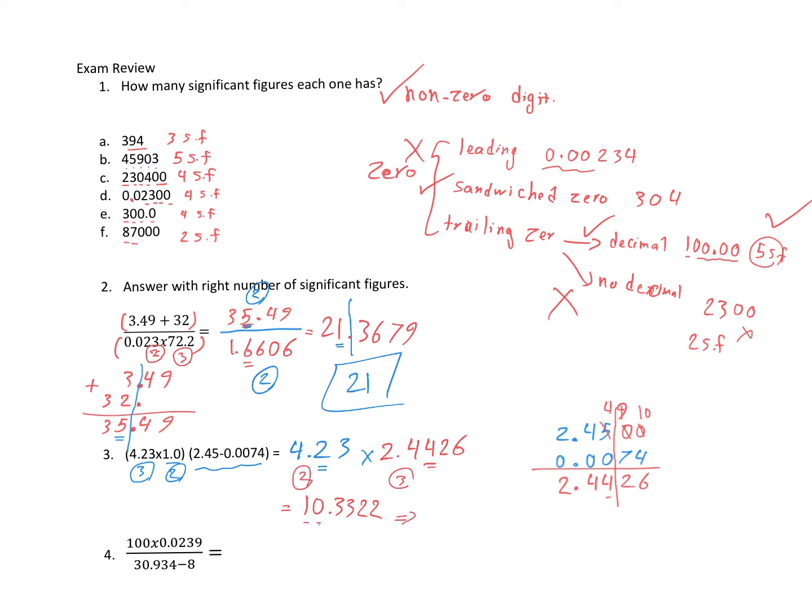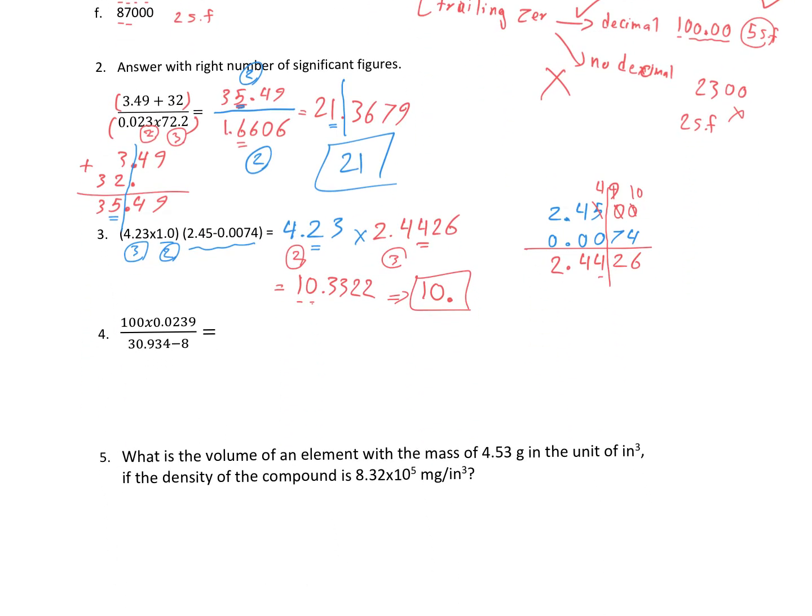So you have to be careful. If you write 10, how many sig figs do you have? You have only 1, right? Because it's a trailing 0 without a decimal place. So you have to put a decimal place here to make it 2 significant figures. Okay. The last one,